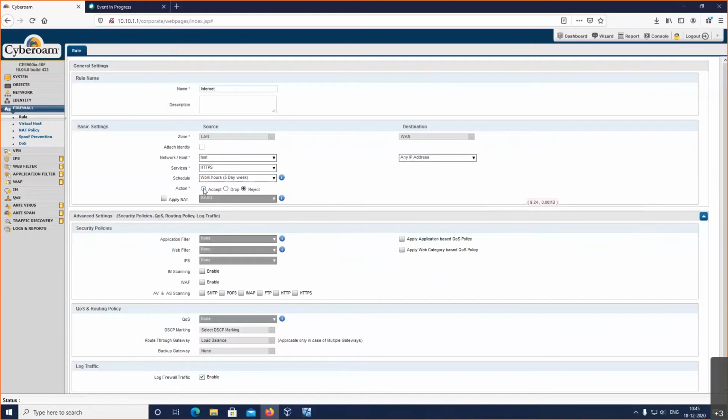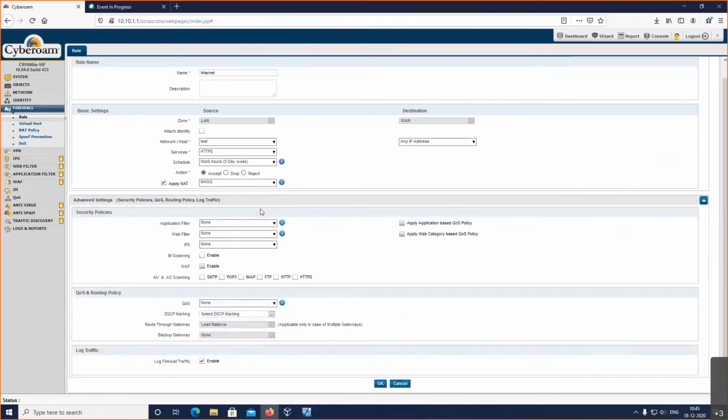Again, there are two kinds of things with respect to drop and reject. Whenever there is a drop, the connection will be simply dropped. But if we write a rule with respect to reject, a kind of notification will be sent to the other party saying that this has been dropped with respect to a rule. If we want any notifications, we can select that, or if we simply want to drop, then we can drop the connection or accept according to that. So this is the action part according to the rules we have written that can be taken on the firewall.